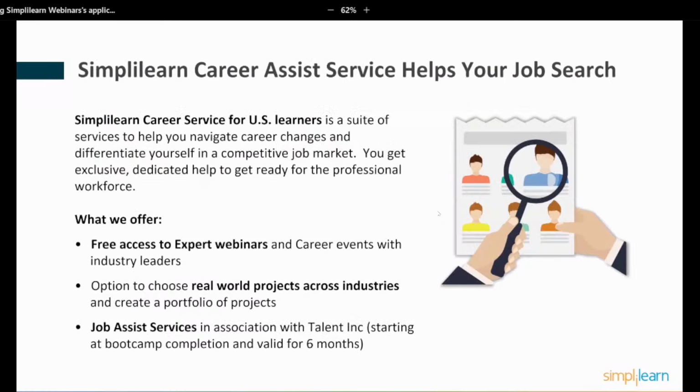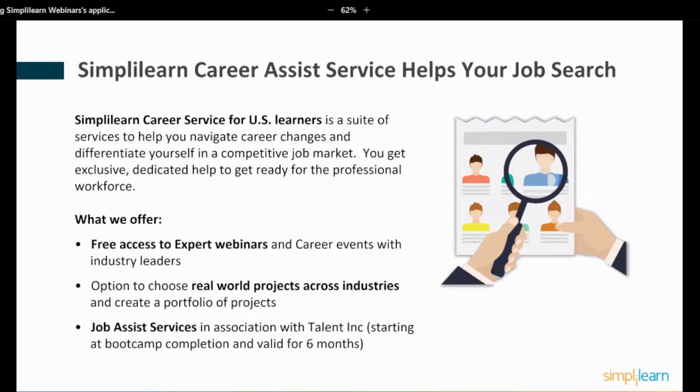And then I would like to talk about the Career Assist service, which is important because presumably you're all interested in developing AI and ML skills mastery so that you can pursue new avenues in your career. Some of you may be doing that for your current employer.